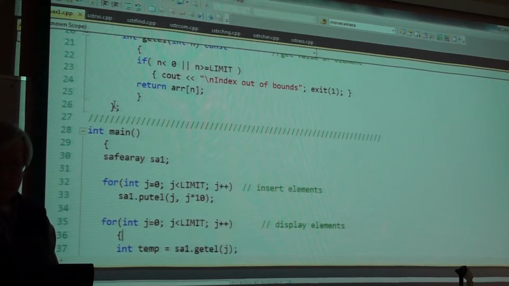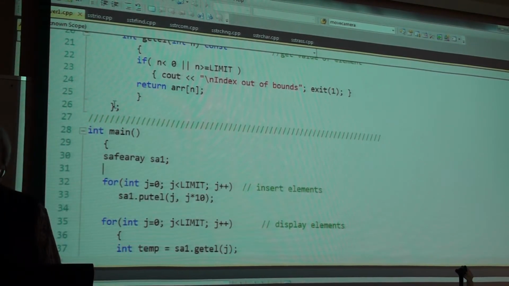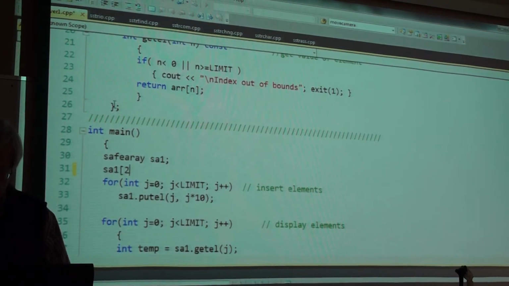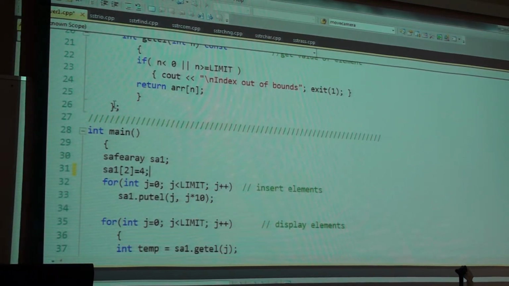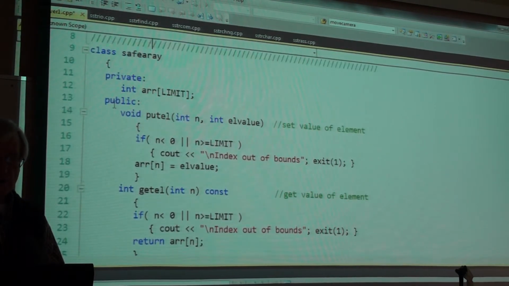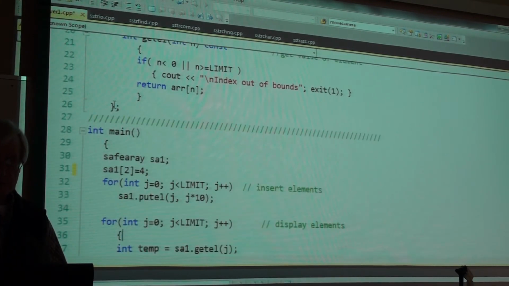In other words, if I tried to say something like SA1 sub 2 equals 4, I would get a compilation error, right? All I want to do is to set a 4 into subscript 2 of my array. Well, maybe the array name was wrong. Well, let's call it ARR. Let's make that better.